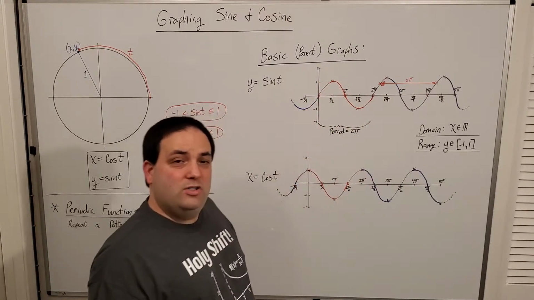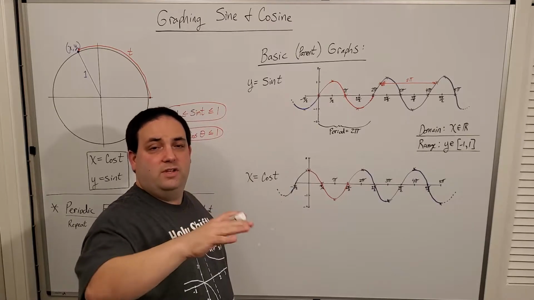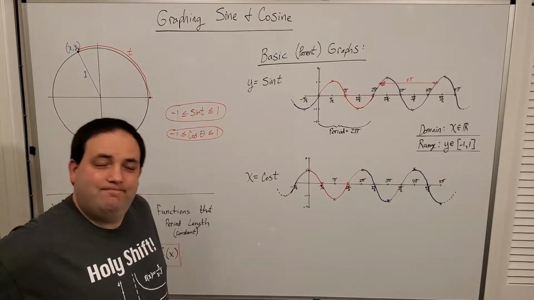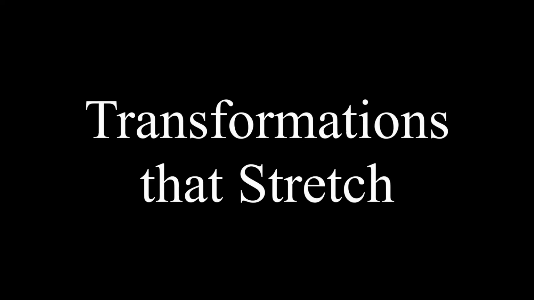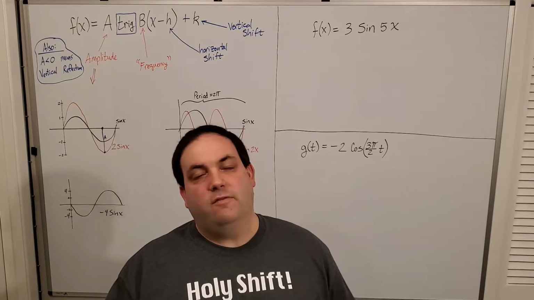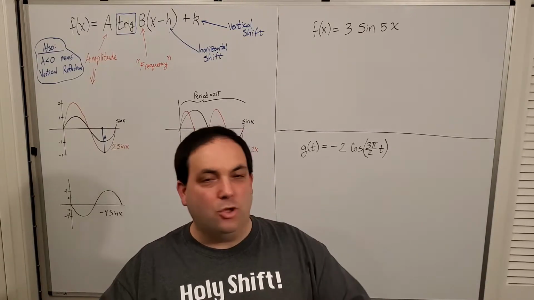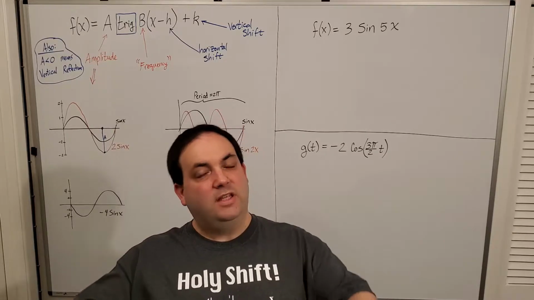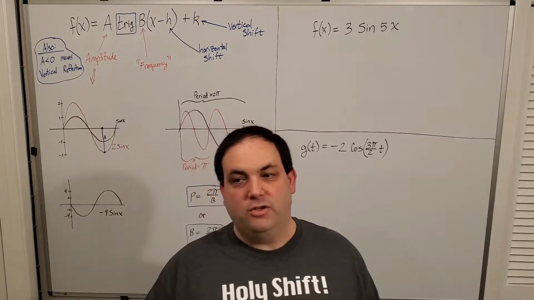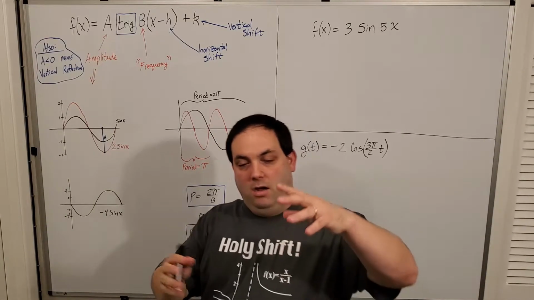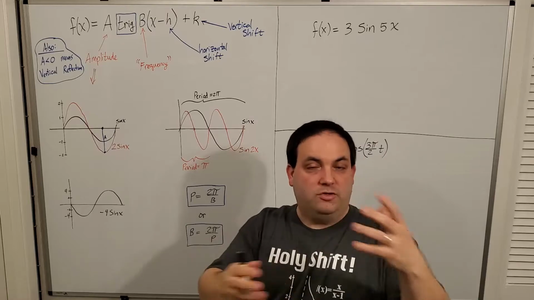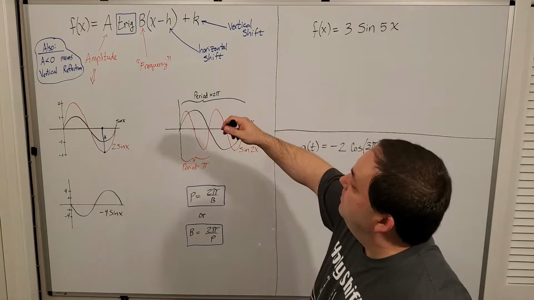And now we want to talk about how we can graph any version of sine or cosine given all of the different transformations that can happen, right? Now let's focus on being able to graph any of the sine and cosine functions that might come at you in your mathematical future by using the original shapes and then transforming them using the basic 4 transformations of stretching, flipping, moving, and then, well, we actually have 2 different stretches here, so that's why I said 4. But in any case,